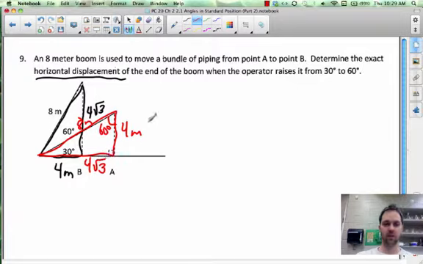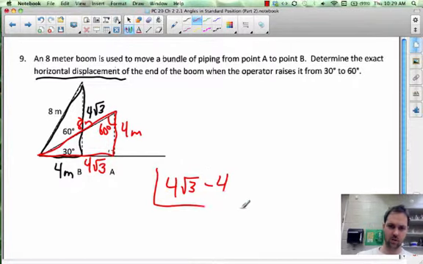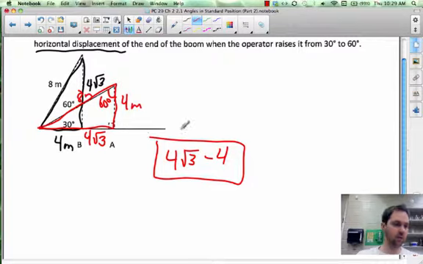So the difference between the two positions is the long one minus the short one. So 4 root 3 minus 4. And that is your horizontal displacement. Now if you wanted to turn that into a decimal number, you just punch in root 3 on your calculator. It's an irrational number,